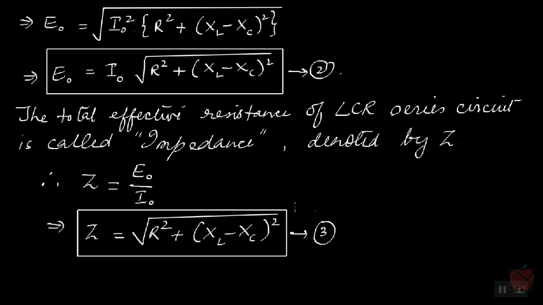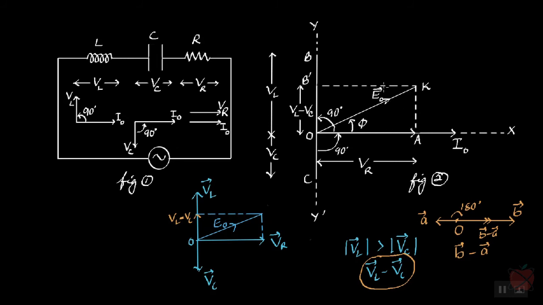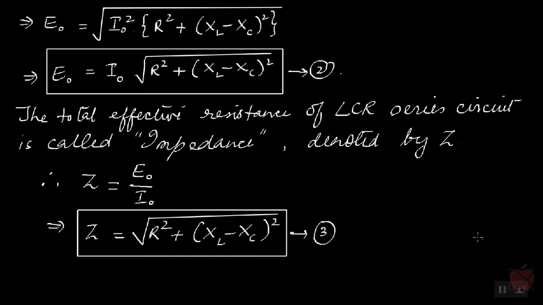3. Okay, now have a look at this diagram, this figure 2. So this EMF, if you look, it is leading the current by a phase of phi. Okay, so let us find the expression for how we get this phase phi. So what we can do here, we can take this triangle OAK and take the tangent of phi. All right, so let's just do that right now. So let me take another page. Okay, so in figure 2,